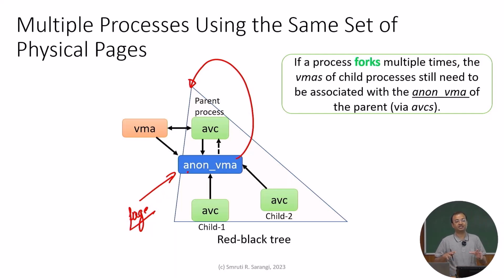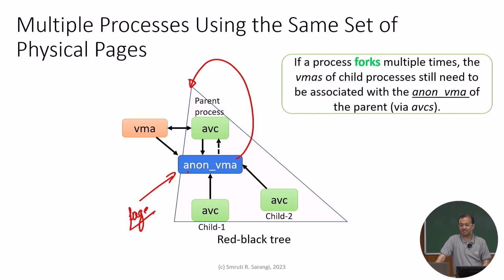So an AVC does what? It connects an Anon VMA and a VMA. So if I just have a pointer to an AVC, it is good enough, because the AVC will then connect it to a VMA and that VMA will be in some process, I don't care. So the reverse mapping process is like this, that given a page, every page points to an Anon VMA. Every Anon VMA points to a red-black tree. I go to the root of that red-black tree. The red-black tree will have a tree of AVCs. These AVCs are distributed across processes. I go and visit each one of those